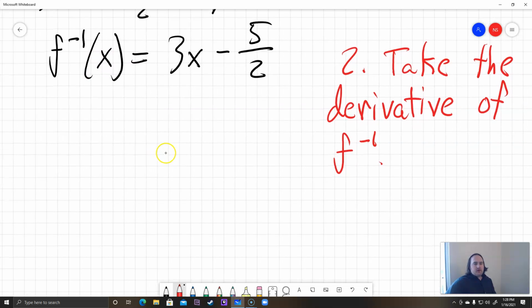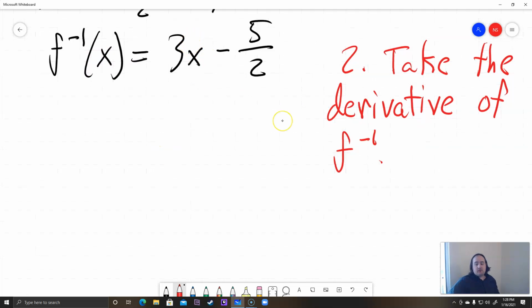Literally all we're going to do here is take the derivative on the right side. Taking the derivative of both sides, we get df inverse dx is equal to